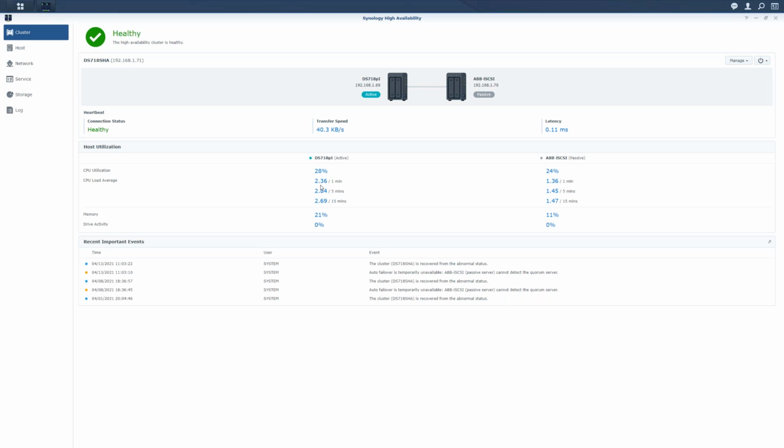So do the two nodes need to be exactly identical? Same networking, same CPU, same RAM, same drive, same model? Yes, so in high availability in our products, you need to have a completely identical setup. So that is completely correct. You need to have identical RAM, identical sized hard drives or SSDs, the exact same NAS model. So this is something that you want to plan out when you are doing your deployment, and make sure that is correct from the beginning.